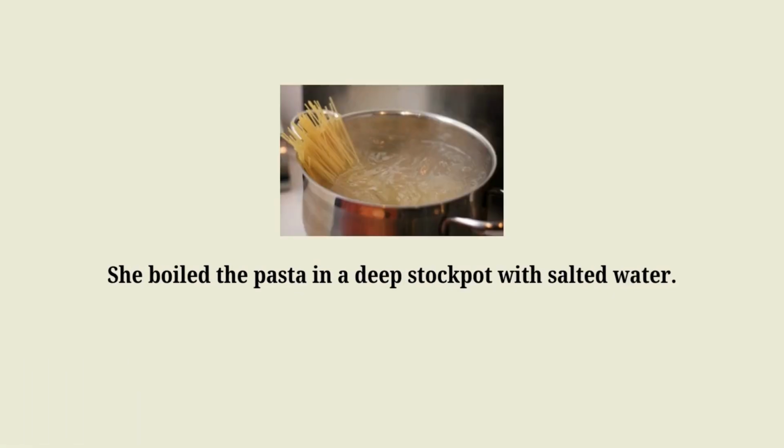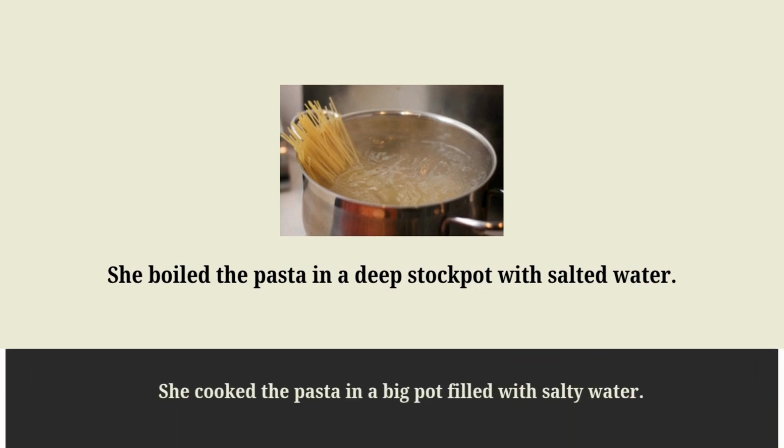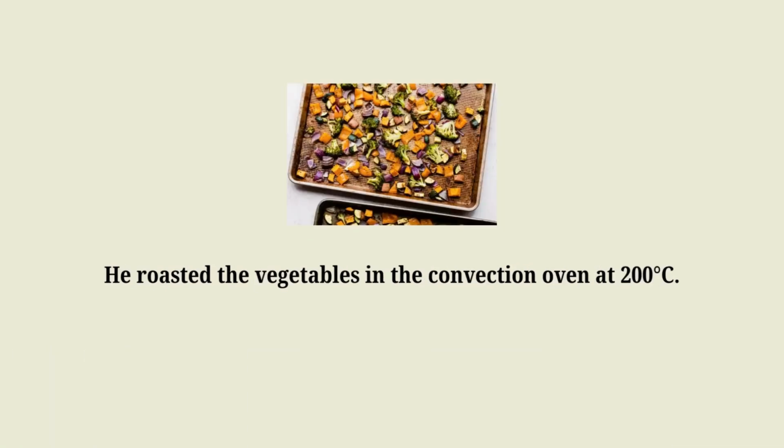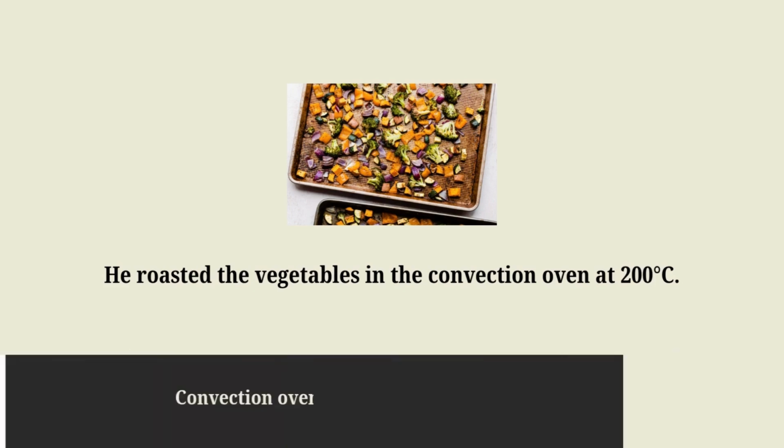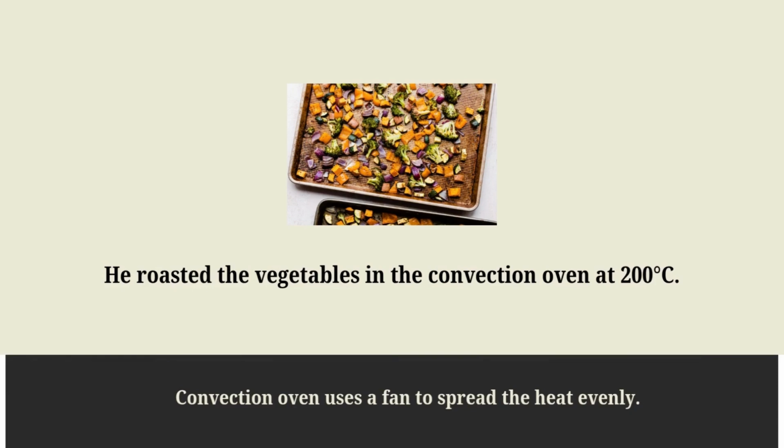She boiled the pasta in a deep stock pot with salted water. Means she cooked the pasta in a big pot filled with salty water. He roasted the vegetables in the convection oven at 200 degrees Celsius. Roasting means cooking food with dry heat in an oven, and a convection oven uses a fan to spread the